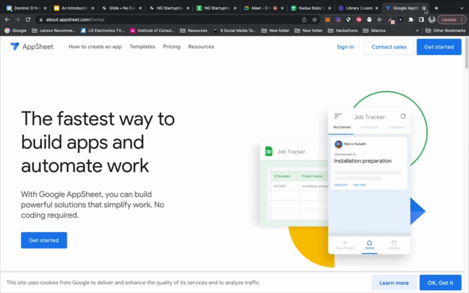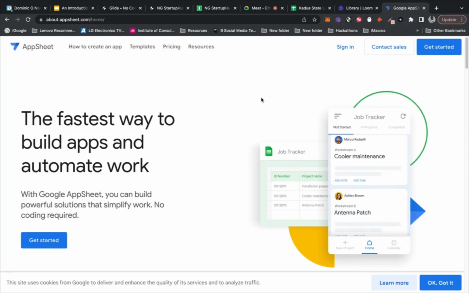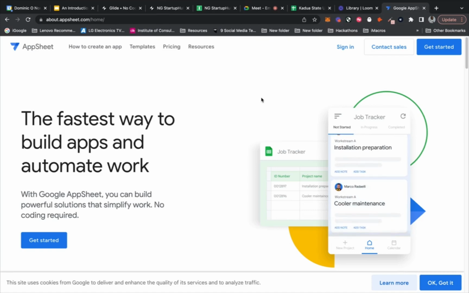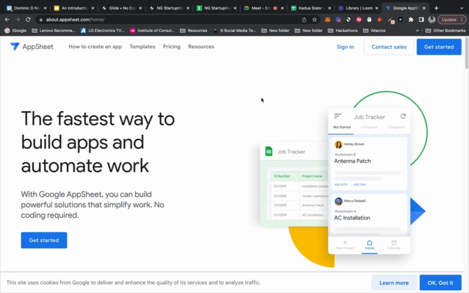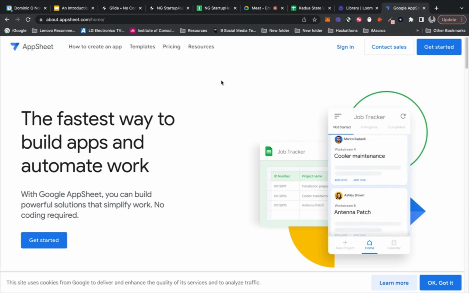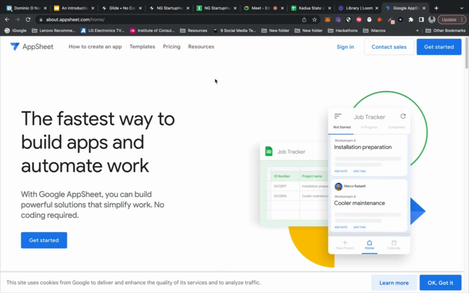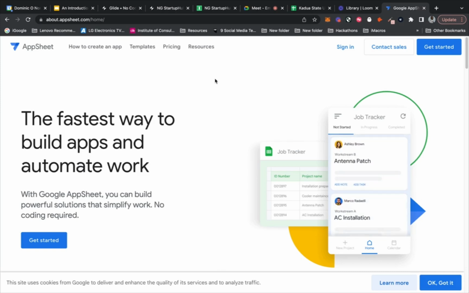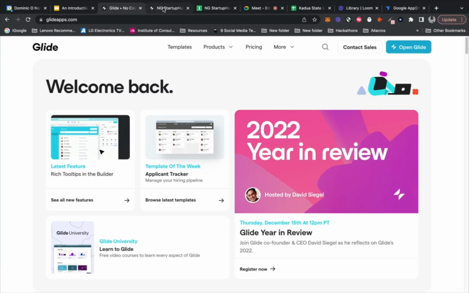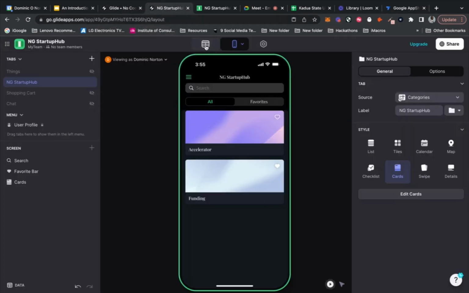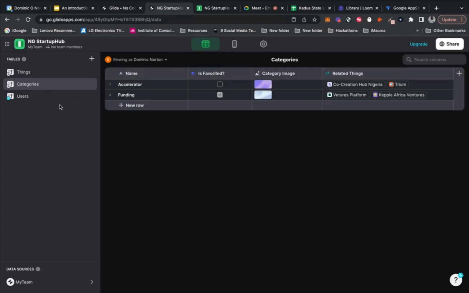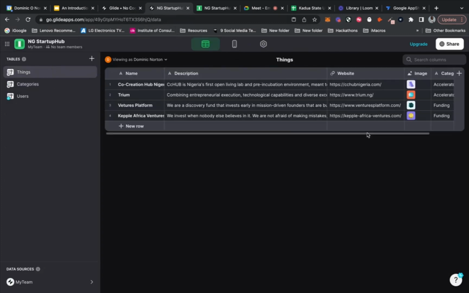So the question that we got is, between Flutterflow and Glide, which one is more simple? I think Glide is more simple. That's why I kind of went over Glide in this presentation, because I think with what I told you, you can go out and build simple applications using Glide. If we actually go back, I'll show you some really interesting things. I'm just going to freestyle right now and show you some interesting things.